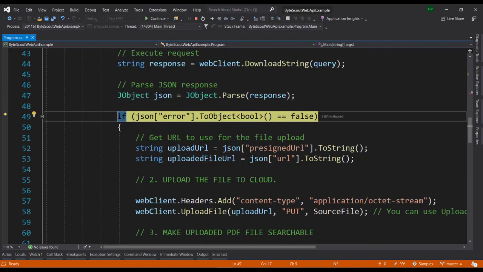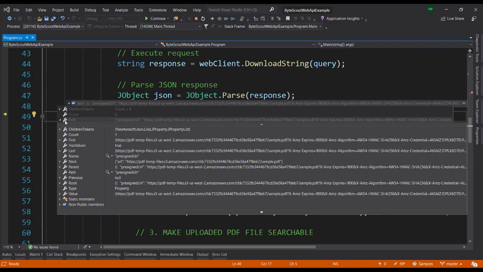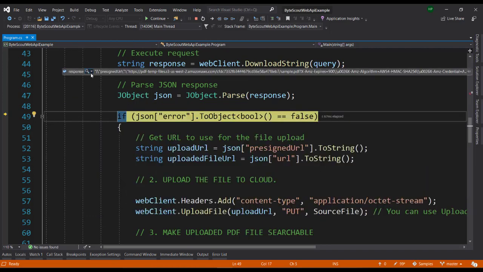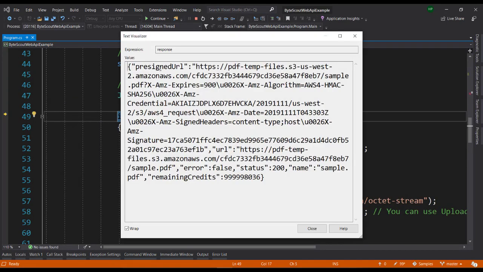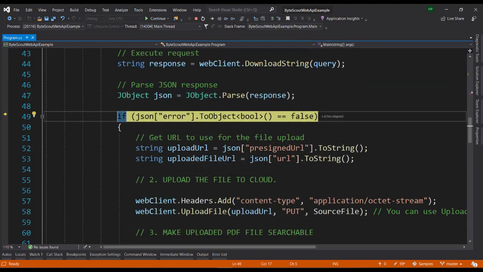We got the response. Let's see. So in the response, we got the pre-signed URL to which we are going to upload the file, and we got different other objects which we are not going to utilize here.